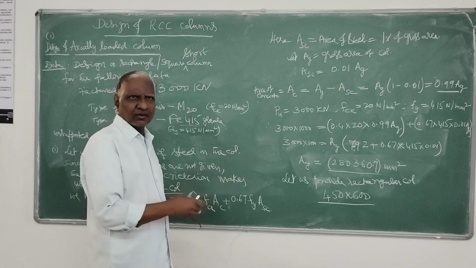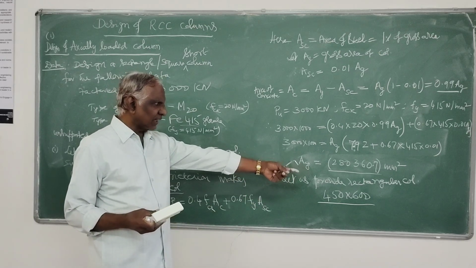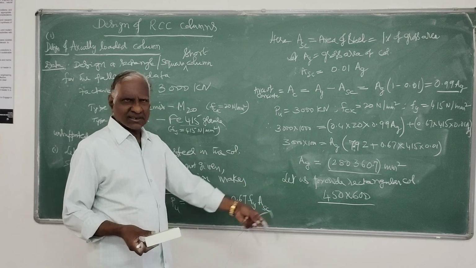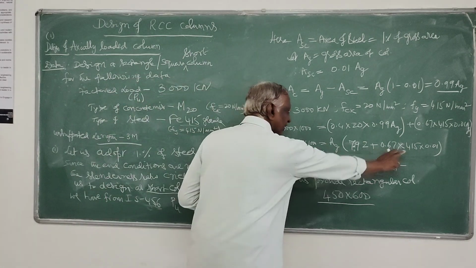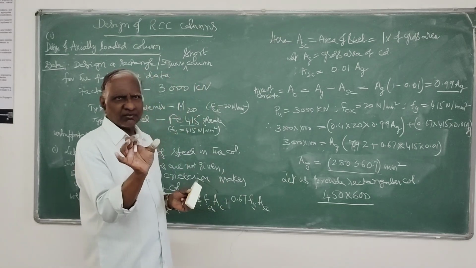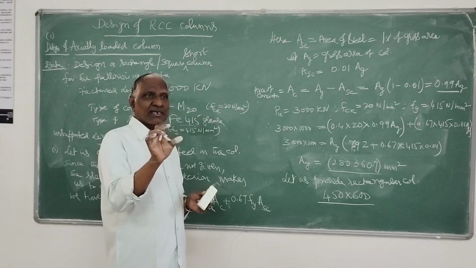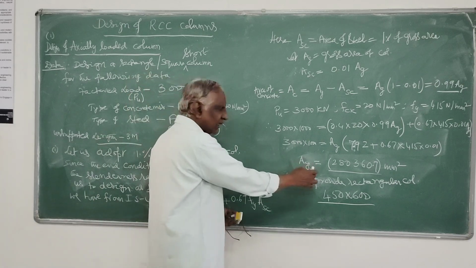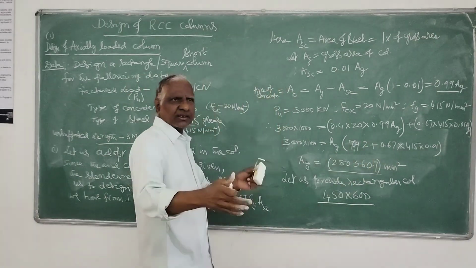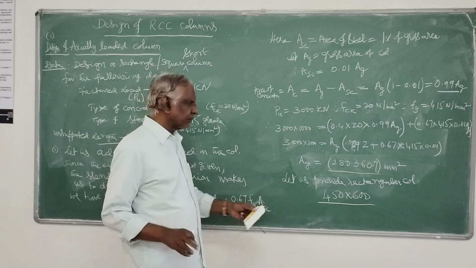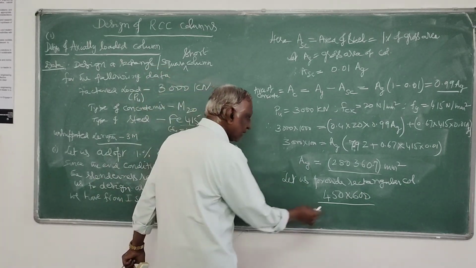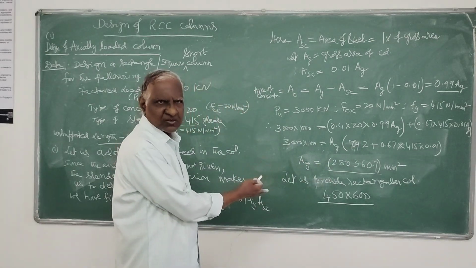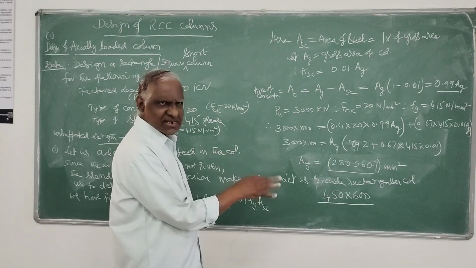Here we are going for a rectangular column. One we will keep larger size, another this. Otherwise we can take the square root of this and find the size of the square column. That also you can do. If you are going for square, just take the square root of this, you will get the side of the square. Now I have arrived at this figure because it comes close to this 270,000. So let us try with this.